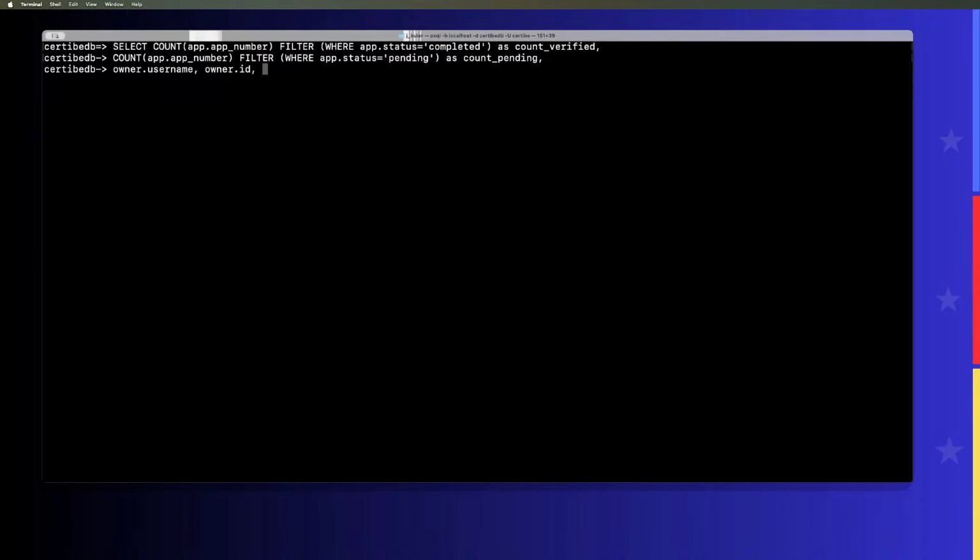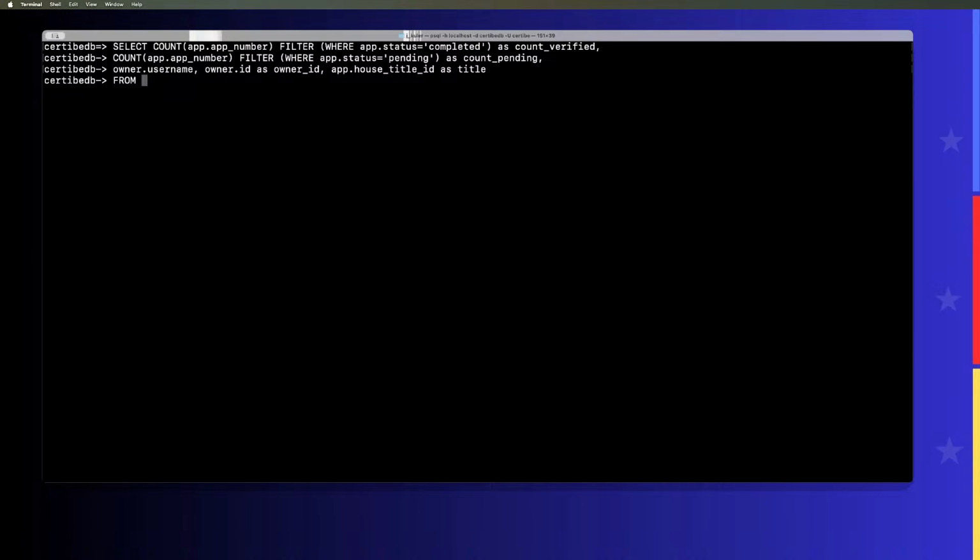Owner ID as owner ID. We also need the application house data ID as data ID, where